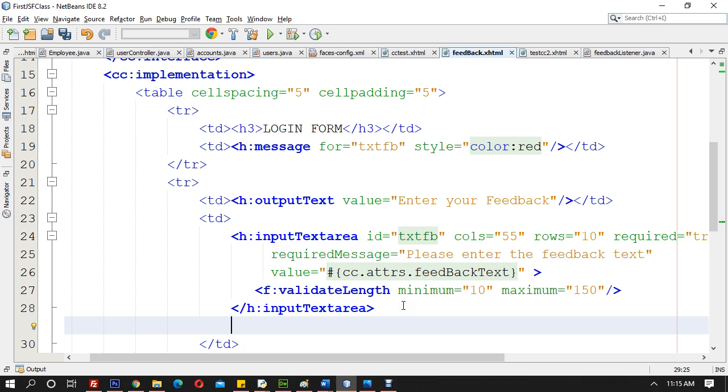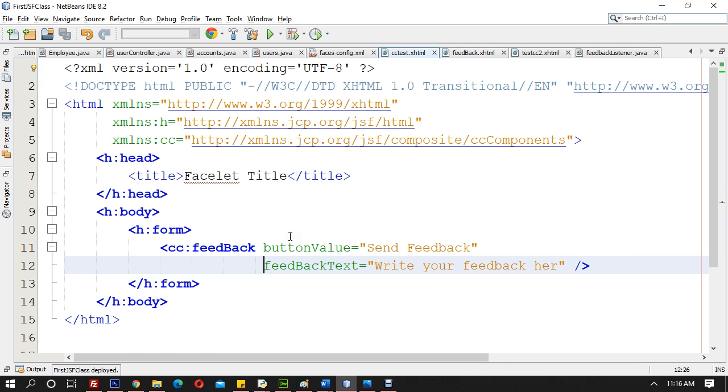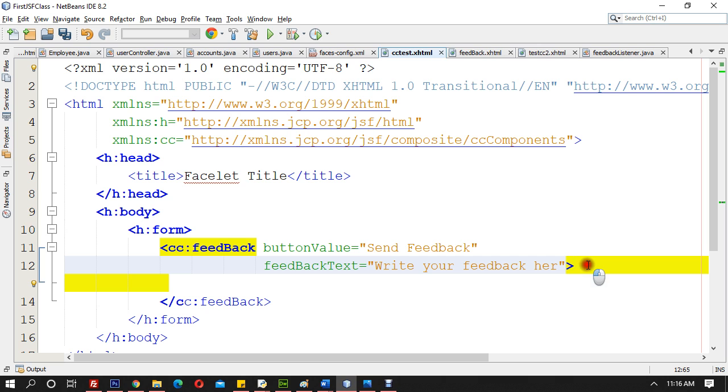Right, and now I need to call this action, because I have made this action. Now I need to call this action, right? Okay, and now let's go ahead and make a composite control. This is my test CC, so this is where I'm calling this composite control, and I'll make it a separate closing tag, right? So let's have it a separate closing tag,